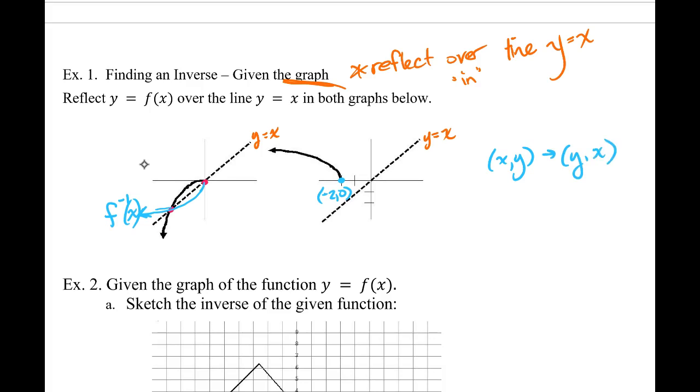Now all of a sudden my coordinate point is going to be (0, -2). So my y values should become negative and my x values should become positive,